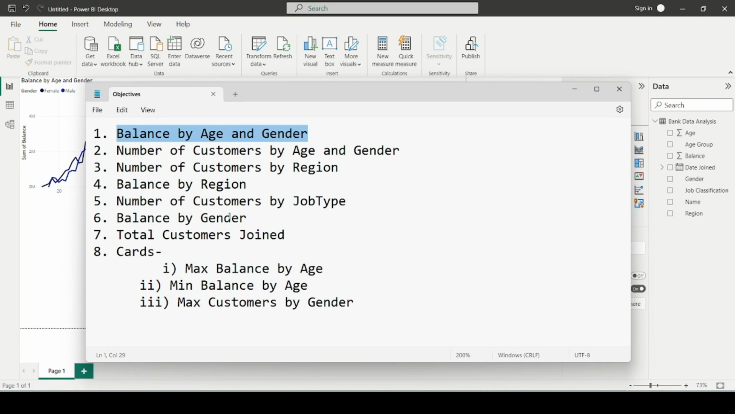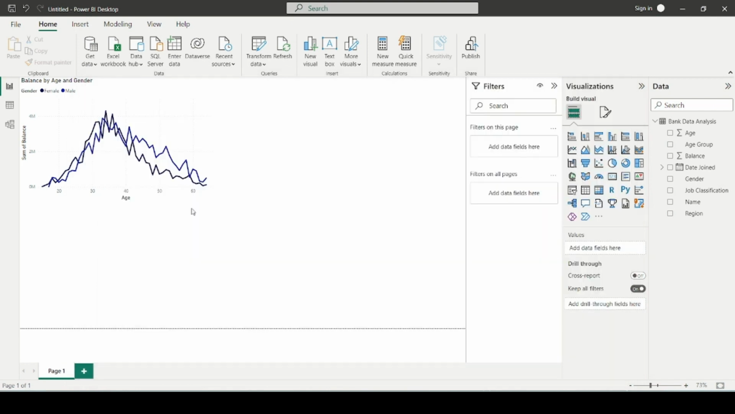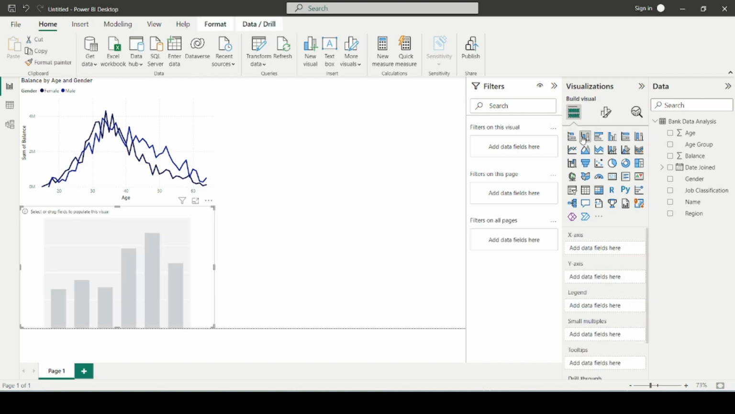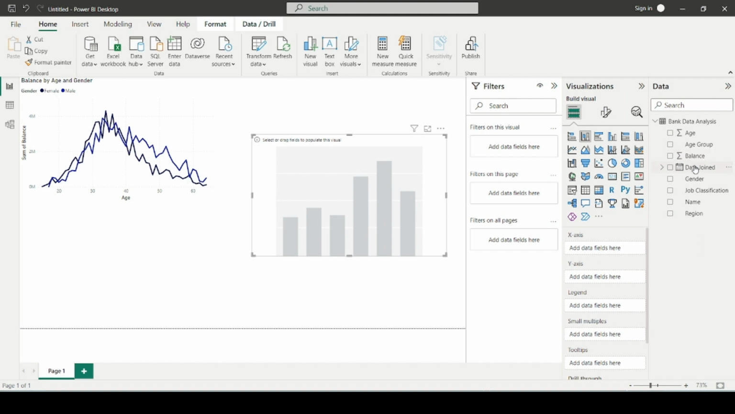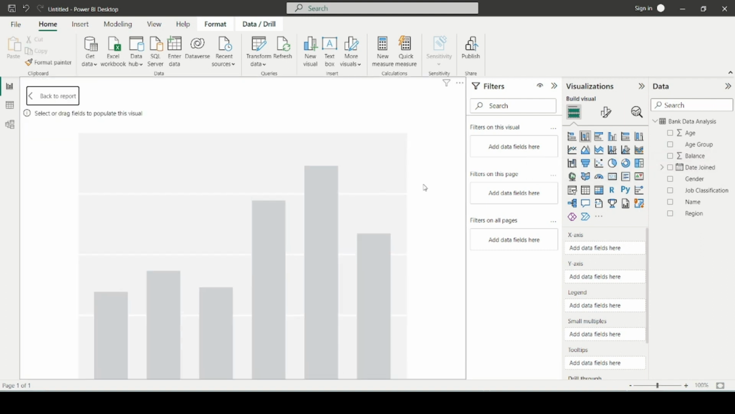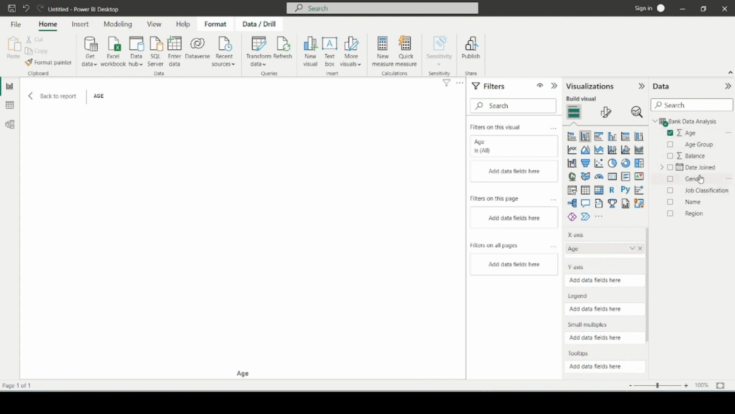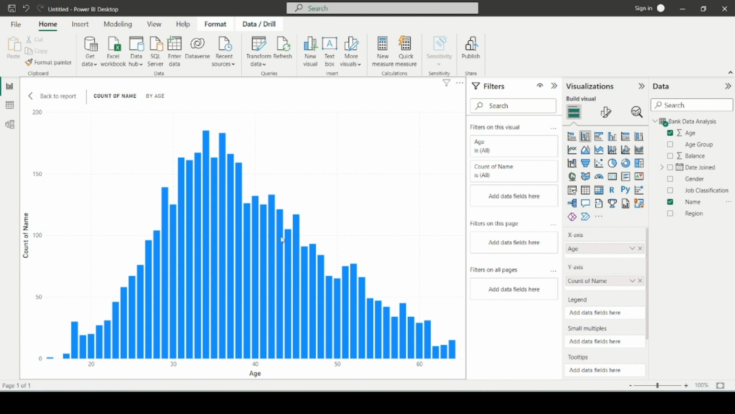Now our next task is saying that number of customers by age and gender. For this purpose I will select a column chart and go into focus mode. Select age to x-axis and name to y-axis. This is showing count of name by age, or number of customers by age,